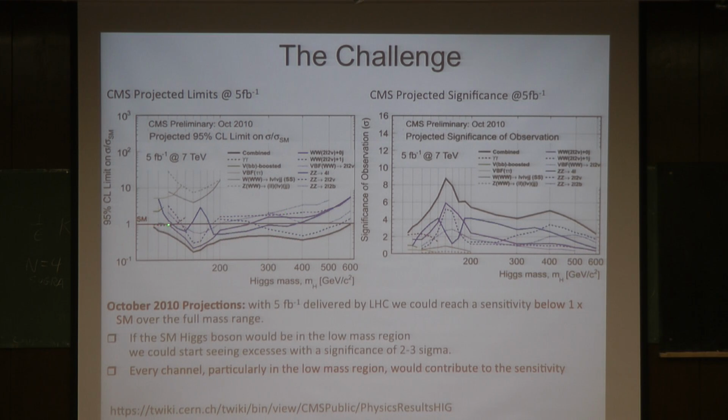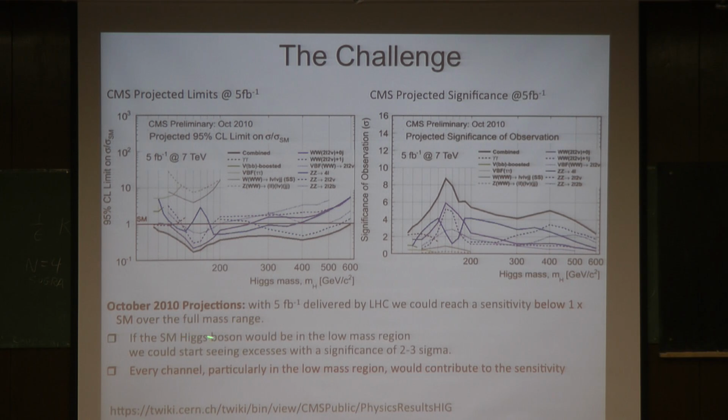So what we see basically, and this is the significance of the observation, is the number of sigma, in some way that sigma makes sense. The easiest way for you to think of sigma is the number of signal events over the square root of background. We can do a lot of statistical tricks, etc., but this is the rule of thumb.